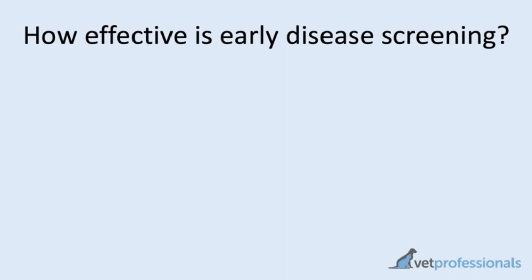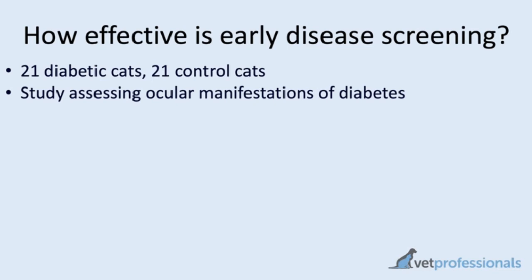So how effective do I think this early disease screening is? Well, I can tell you some of my own direct experience of this, and this is actually a study I was involved with. A colleague of mine, Natasha Mitchell, who's a veterinary ophthalmologist, wanted to look at ocular manifestations of diabetes in cats. This was quite a long time ago now, I think about 15 years ago, we did this study, and we found 21 diabetic cats in the practice, and then we found some age-matched control cats